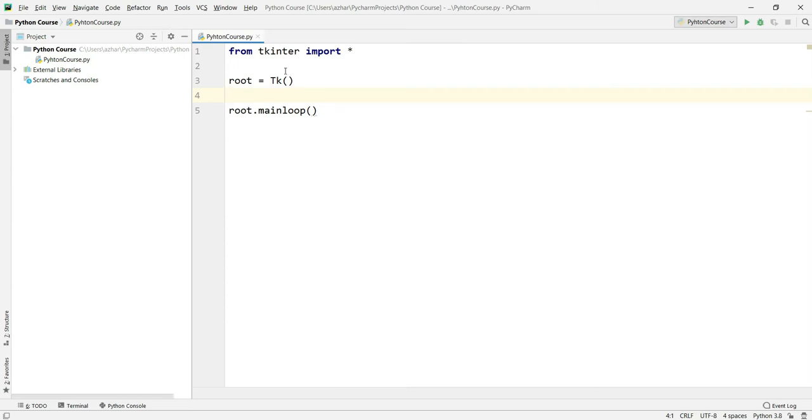So here we have imported the tkinter module and we have made a window called root and we have put that window in a loop. So first what we will do, we will make a label. For this I will make an object called label1 and it will be from class Label and it will be placed on the window called root, and its text will be